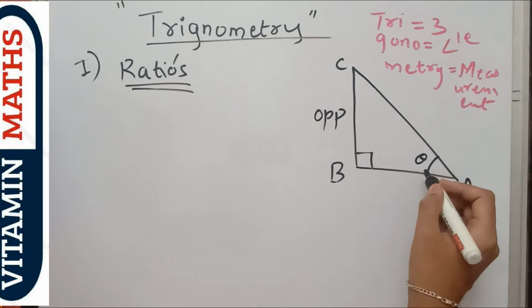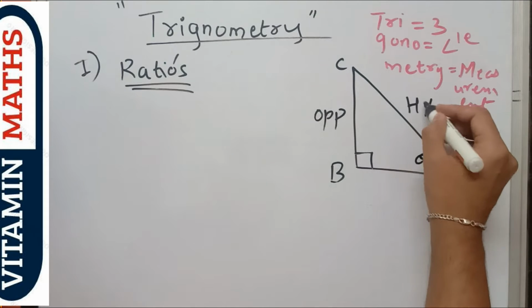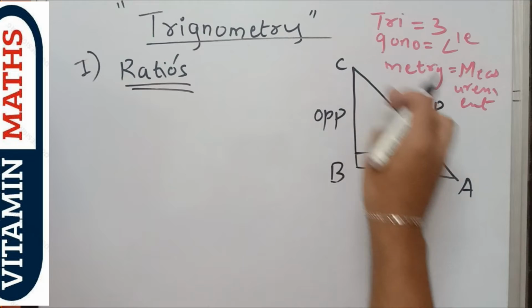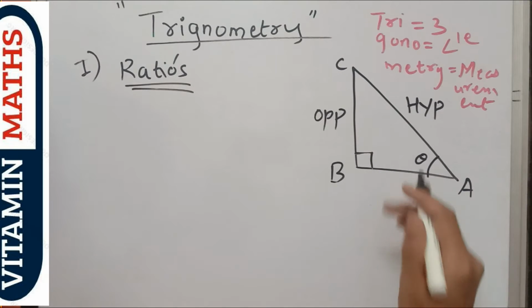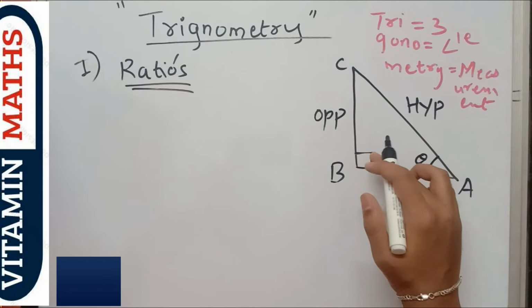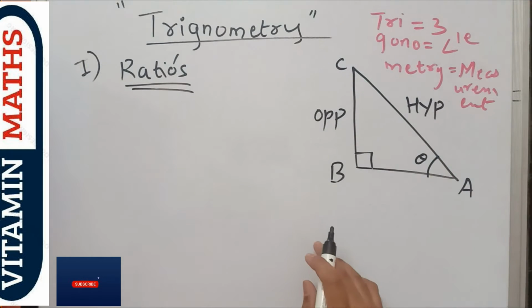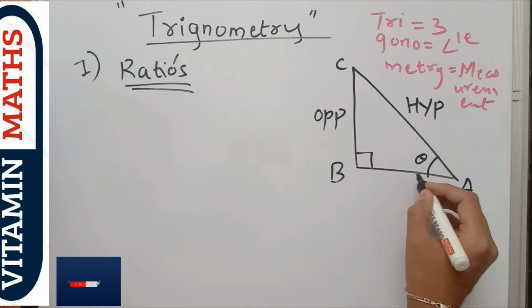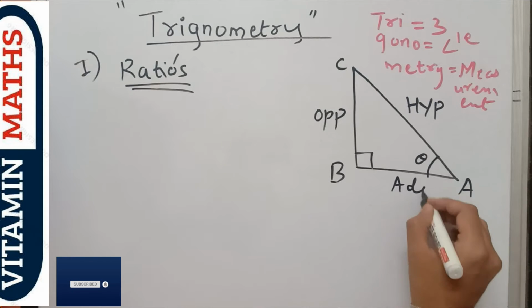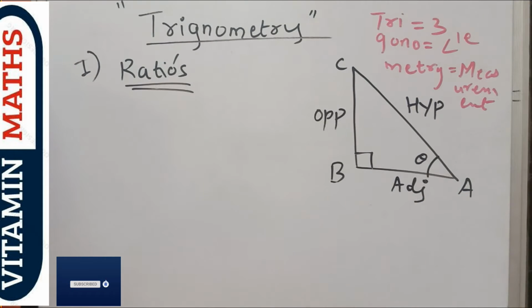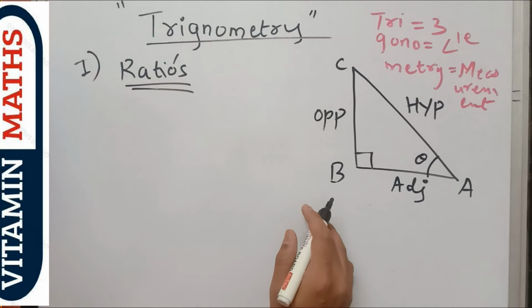Now as you all know, this is the hypotenuse. Always the longest side in a triangle is the hypotenuse, or the side opposite to this 90 degree is always the hypotenuse. Next, the adjacent should obviously be this one. So if you identify the opposite, then adjacent is automatically the side that has been left out, because the hypotenuse is always fixed here. So let us begin.